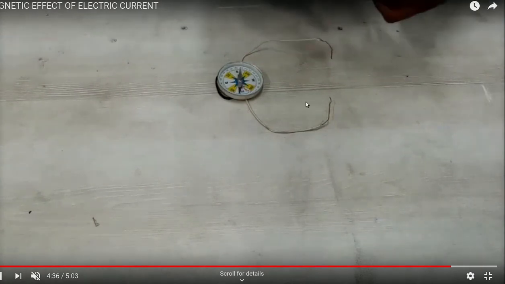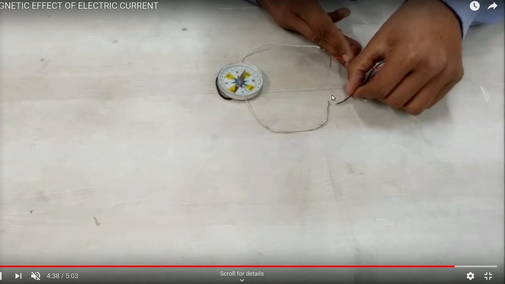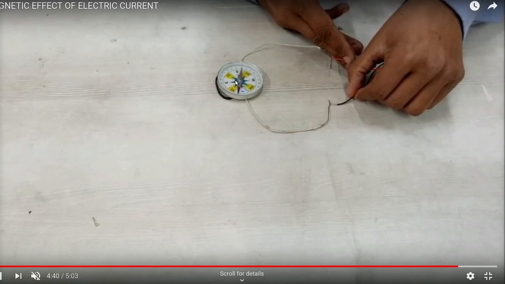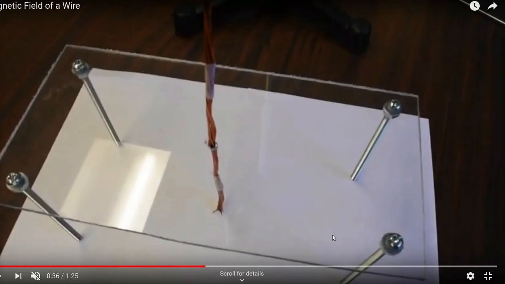Now what if he places it the other way, where the red is on top and the black is in the bottom? So that means the current is flowing like this, from the red to the black. Then which side does the deflection go? To your left side. Okay, so now what we're going to look at is how the field lines look when there is a straight current carrying conductor. I'll show you the whole picture in about 2 minutes, but before that, just look at this.